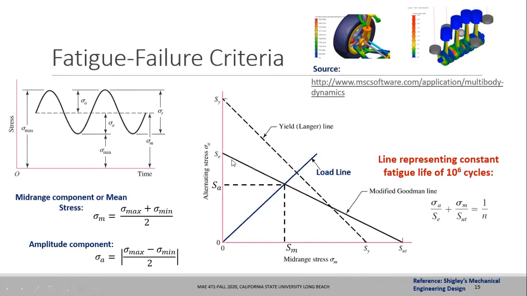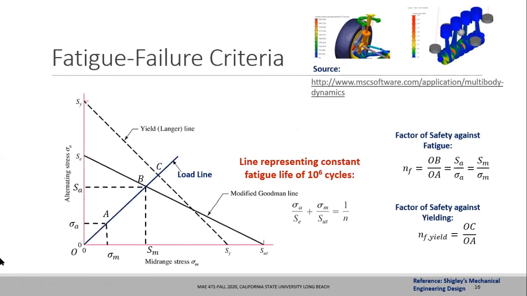And then you draw a straight line connecting endurance strength and the ultimate tensile strength. And that is what we call the modified Goodman line. The equation of this line is given here, as we have seen. And this is the load line, which basically tells you how to calculate the factor of safety. For example, if sigma A and sigma M come from point A, you increase the load line, intersect the modified Goodman line, and that will give you the factor of safety against fatigue.